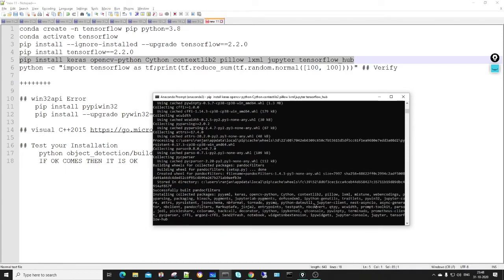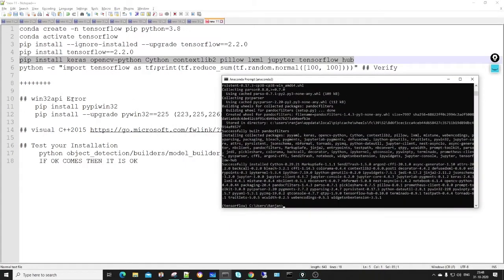I would say don't miss any step, because when setting up the environment for object detection, you will face multiple errors, and you need to Google each and every error. Two errors I have faced, so I will tell you what to do if you face them. Suppose you are facing a Win32 API error, you need to install this library, pypiwin32.